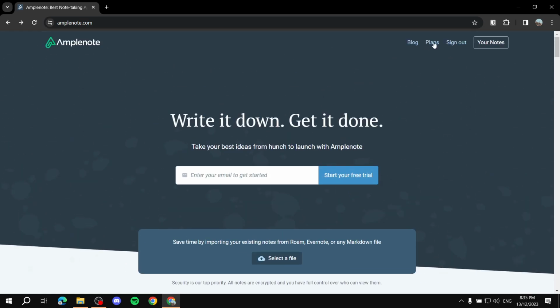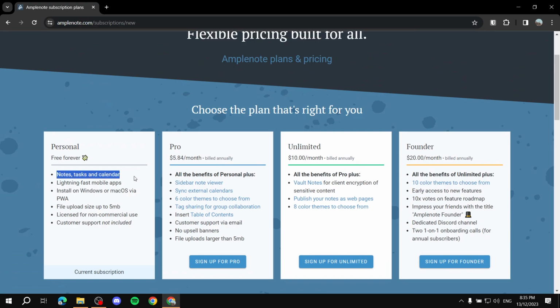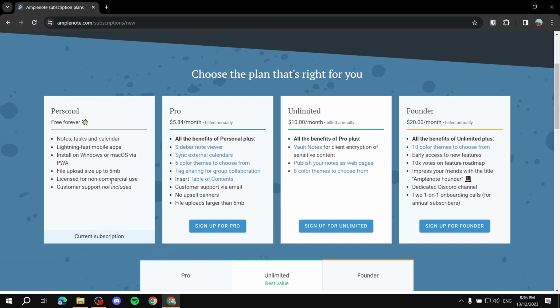But first, let's talk about plans. It does give you a free personal account, which gives you the basic tools here, like notes, tasks, and calendar. You will get those, and you also get mobile apps if that's what you want, and you can install it in Windows and stuff. The file upload is going to be 5 MB, and then you will get these other things. I'm not going to go over all the